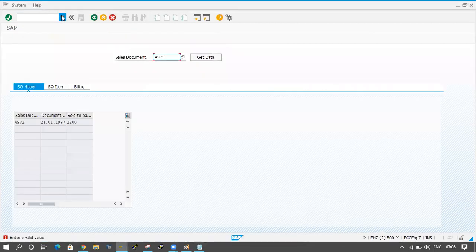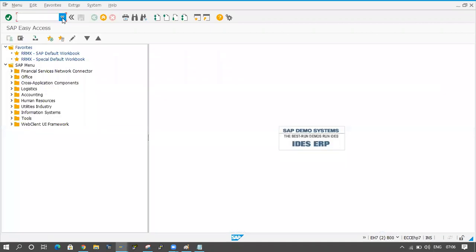Okay, now I want to execute it. Now I'm clicking on the back button, it won't work because this is the previous version. Now I have to execute the latest program. So now what I will do, I will click on /n. That program will terminate here. One more time I will execute the program.